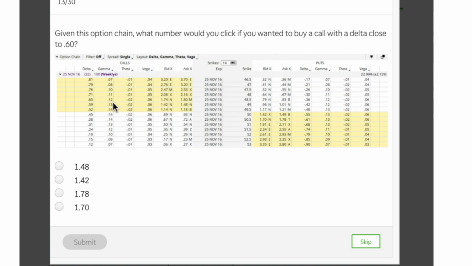Given this option chain, what number would you click if you wanted to buy a call with a delta close to 0.6? So it's pretty easy. Call is on the left side. If you want to buy a call with a delta close to 0.6, I think 0.59 is closer to 0.6 than 0.65 is. 0.59, it's so small. 49,